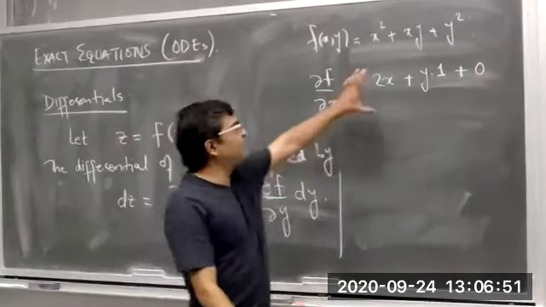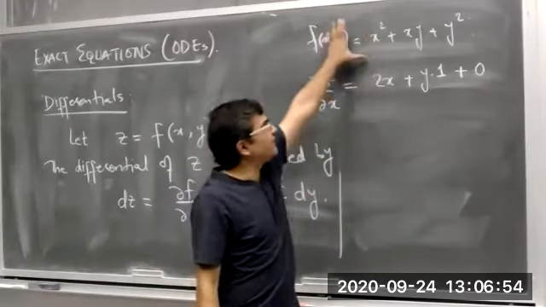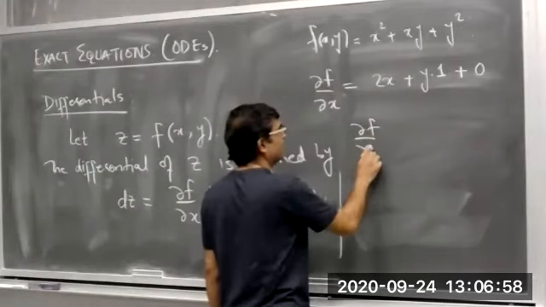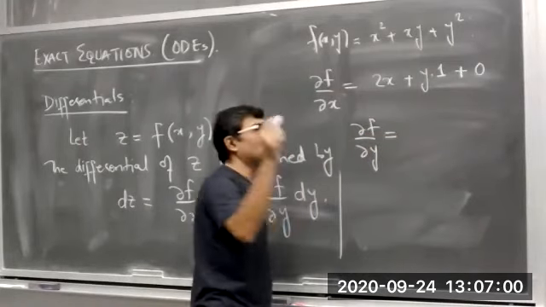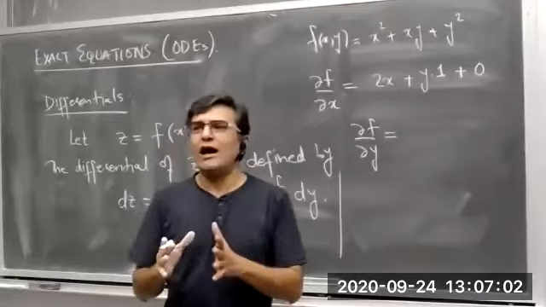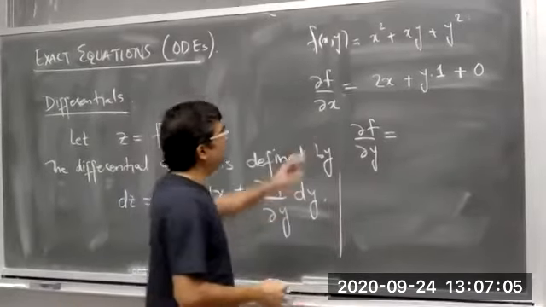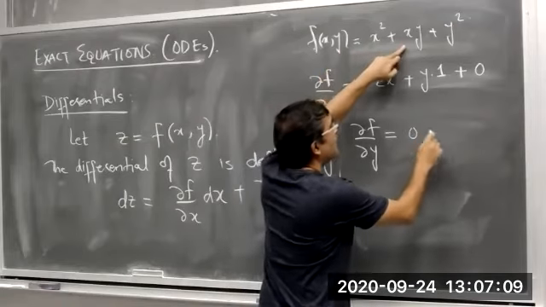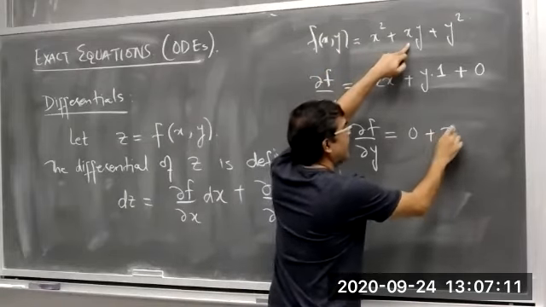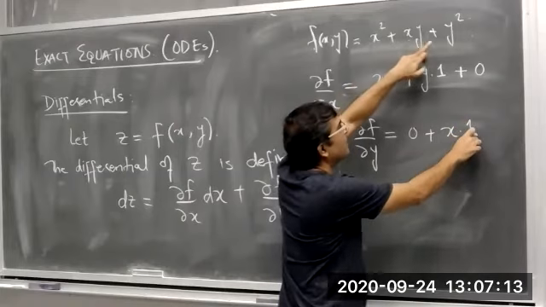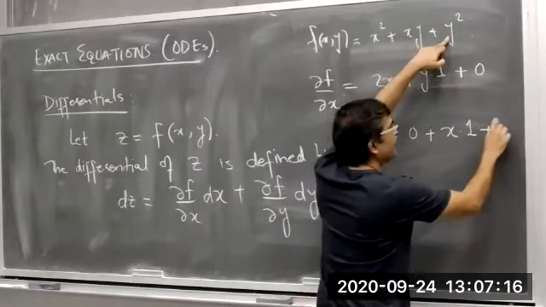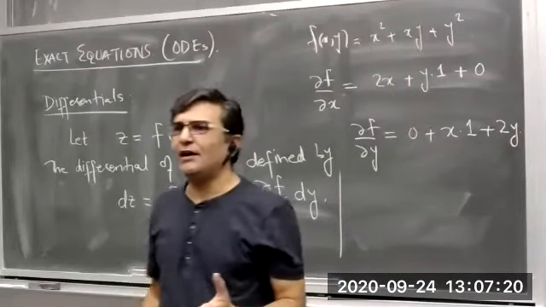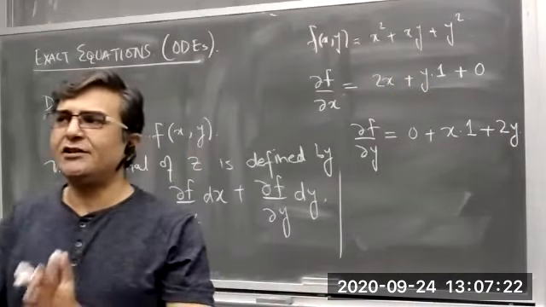सो दिस इज द पार्शियल f और पार्शियल x फॉर दिस f ऑफ x y, एंड पार्शियल f और पार्शियल y, इसमें डेरिवेटिव विद रिस्पेक्ट टू y होगा और x को एज अ कांस्टेंट ट्रीट करेंगे, ठीक है। तो यहाँ पे x स्क्वायर कांस्टेंट होगा, इसका डेरिवेटिव 0 प्लस x यहाँ पे कांस्टेंट x एज इट, y का डेरिवेटिव 1 प्लस y स्क्वायर का डेरिवेटिव 2y।